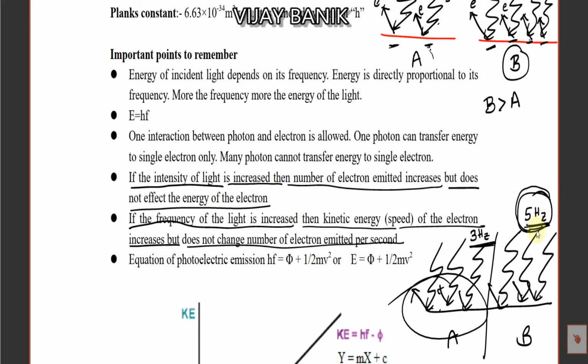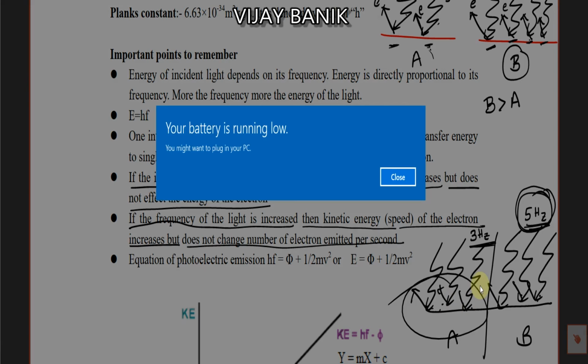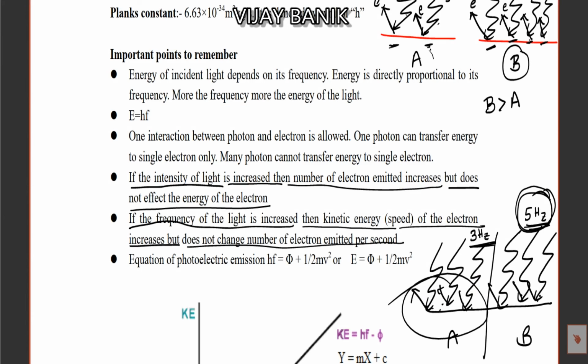Why? This one has more frequency, so its kinetic energy is going to be more, so its electrons will eject at higher speed. All 3 electrons will eject at more speed, or will have more kinetic energy compared to these 3 electrons. Intensity decides the number of electrons, frequency decides at what speed the electron will eject. Okay,